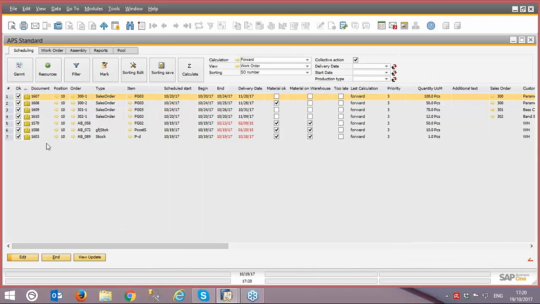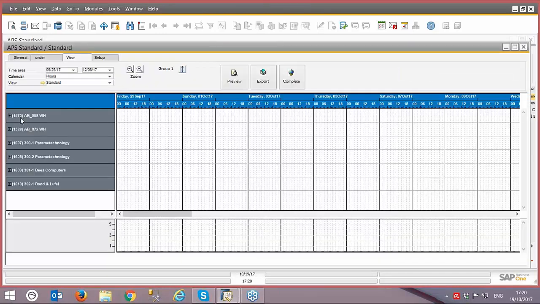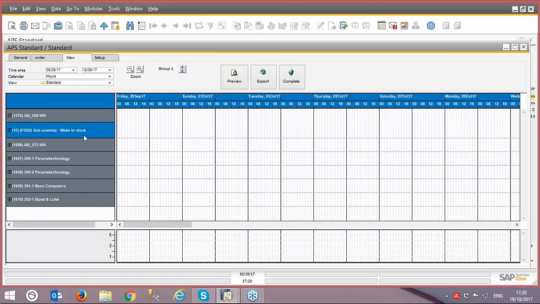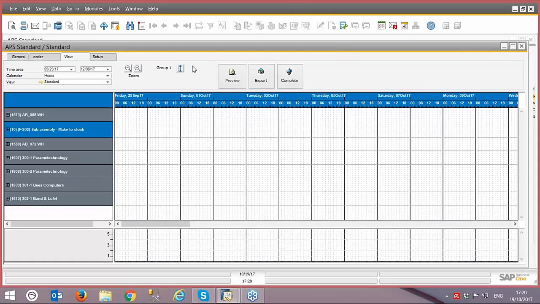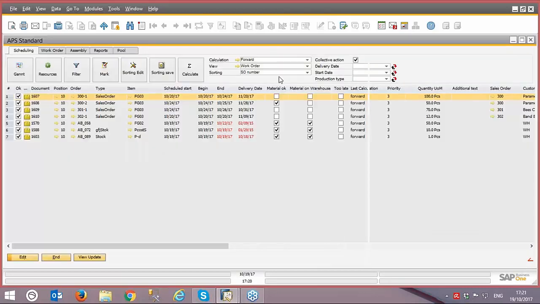What I mean by that is when you go to the Gantt chart here, you can see that I can see the work order number, and this is apparently the order number, and this is either make to stock or make to order. If it's make to order, you can see the customer here, and this is the sales order number. So we can actually customize also the information that is being displayed at this level. And that is done, again, by going into